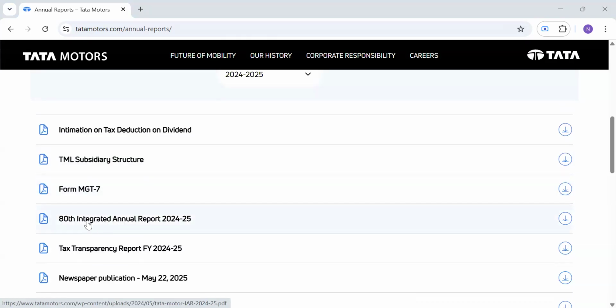This is the report that I need. 80th integrated. Why are they saying 80th? It's been 80 years since they started Tata Motors. For 80 years, they have been releasing financial statements. Okay, go with this, which will tell you